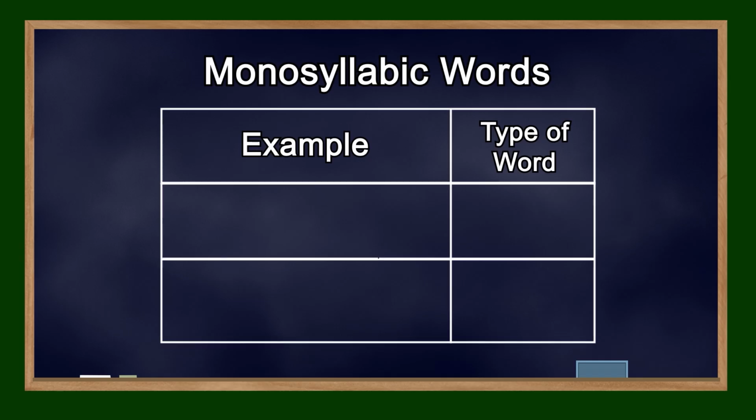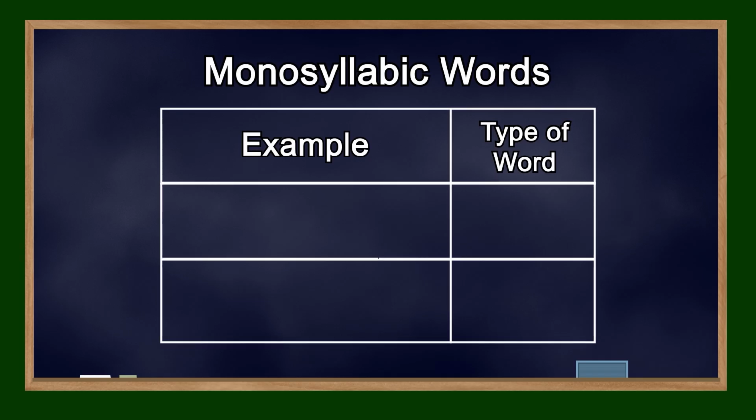Diacritic accent marks are used as an exception, which means not all pairs of identical words will have one of those words contain a diacritic accent mark. Let's take a look at the two cases of diacritic accent marks so that you understand what they are all about. Case number 1. Monosyllabic words.